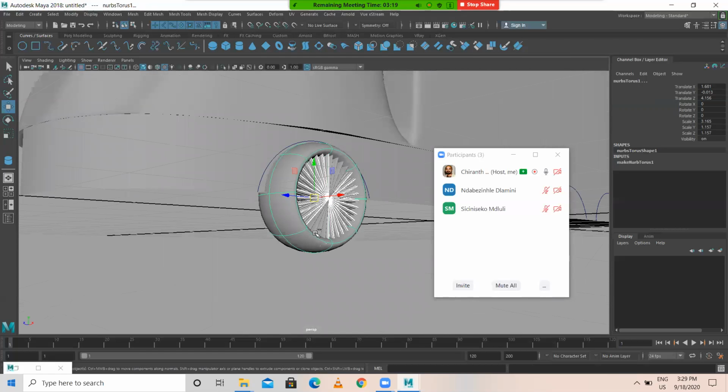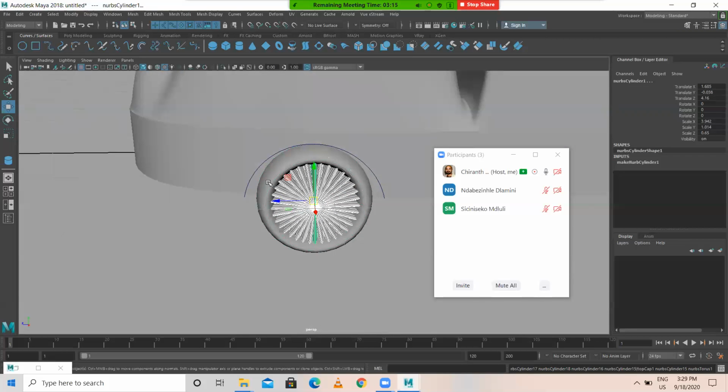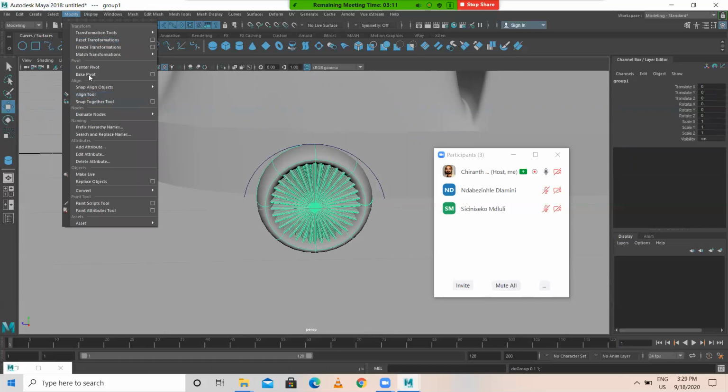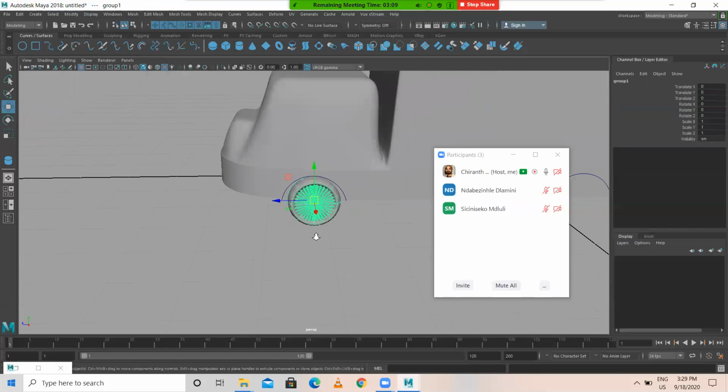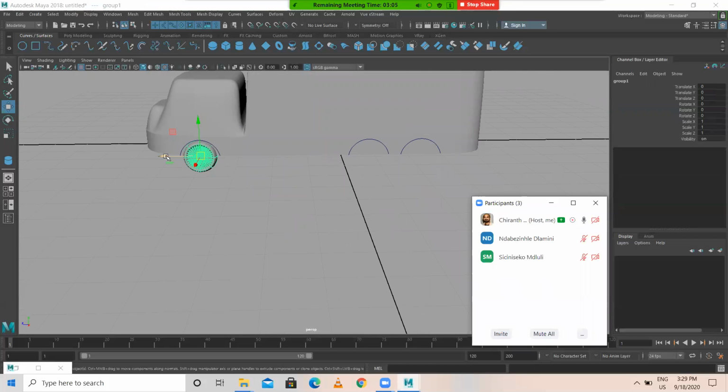Then I select this and I group. I need to group this, modify center pivot. It's like this. I duplicate this again, place one here, Control D, duplicate, place one here, and duplicate again, place another one over here.